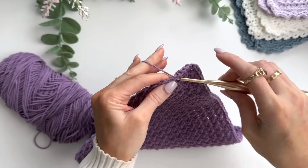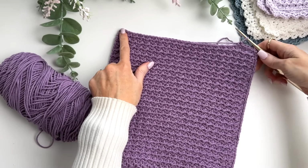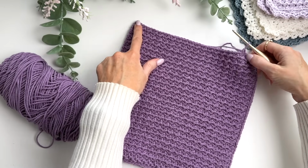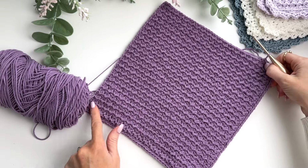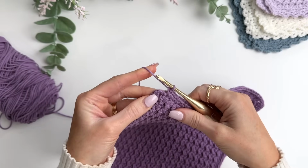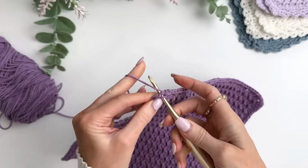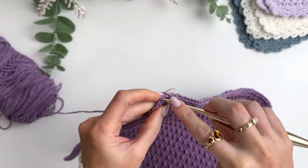So you're going to continue this around now. So when we get to the other corner, we will single crochet, chain 1, single crochet, work up the side, and then I'll meet you up at the last corner. Okay, and once we get to the end, we're going to single crochet, chain 1, and then we'll slip stitch